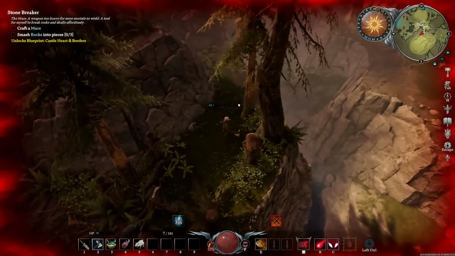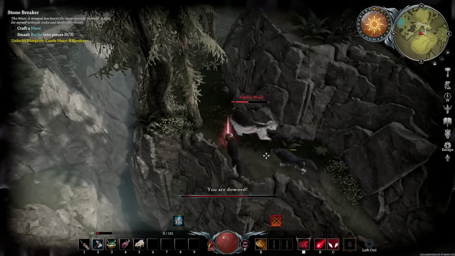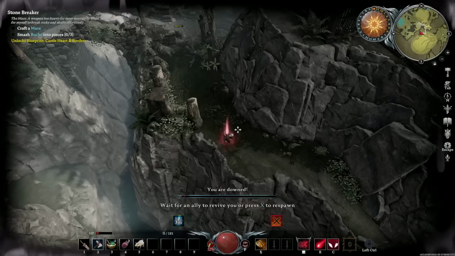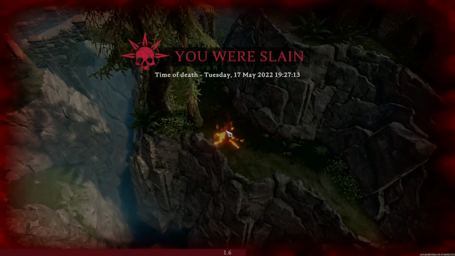He just spawned, and I'm running to a dead end. That's beautiful. There we go. And when you're, that's really bad. Wasn't concentrating. So when you're downed, you can have an ally wait to revive you, or you press X to respawn. You will drop whatever's in your bag